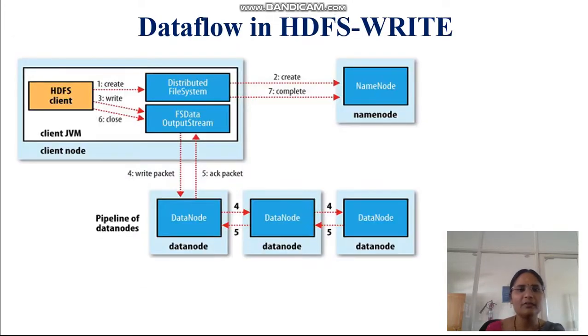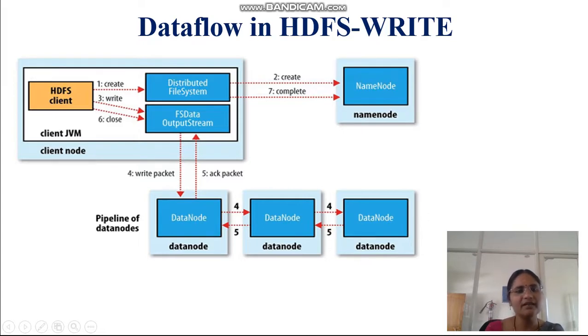And now the write operation. Here, the basic purpose is that our HDFS client wants to write some data in the data node. So even to write the data, some free locations first have to be decided by the name node. So first of all, in step 1, the HDFS client contacts the DFS. The DFS will request the name node to create some free locations. So the name node decides the IP addresses and free locations of the data node, and after that it will send back the reply to the client.